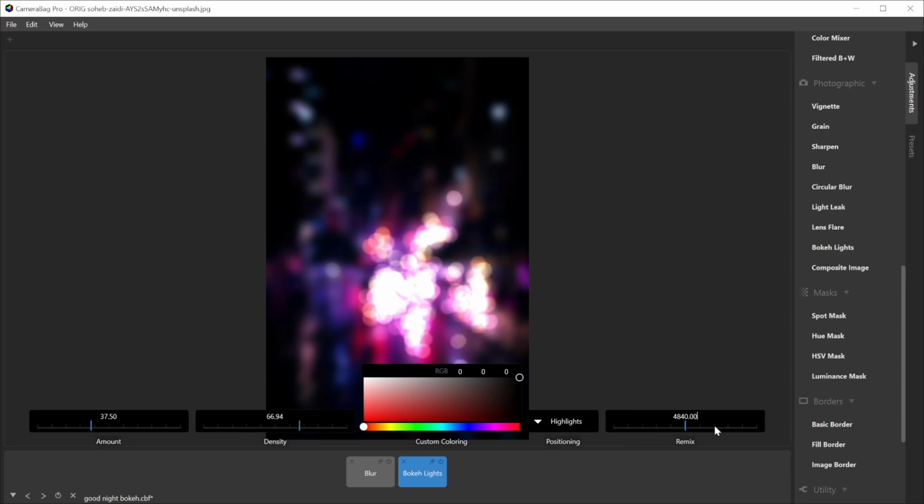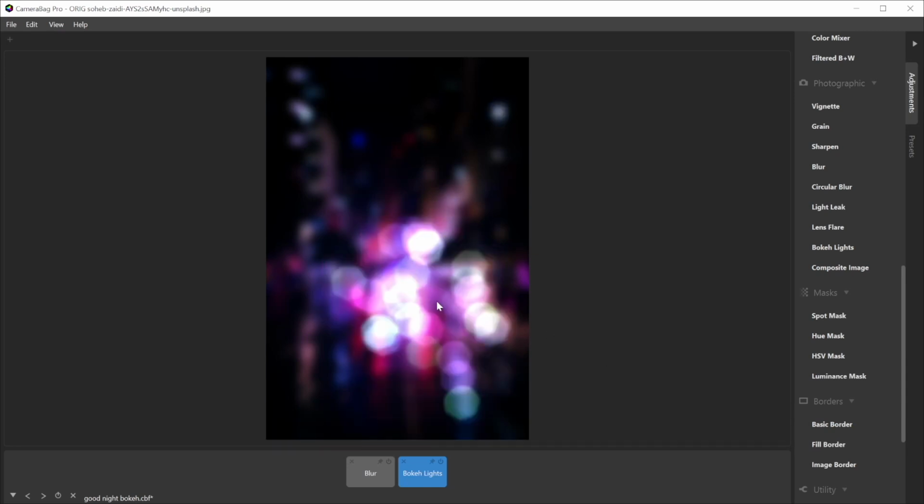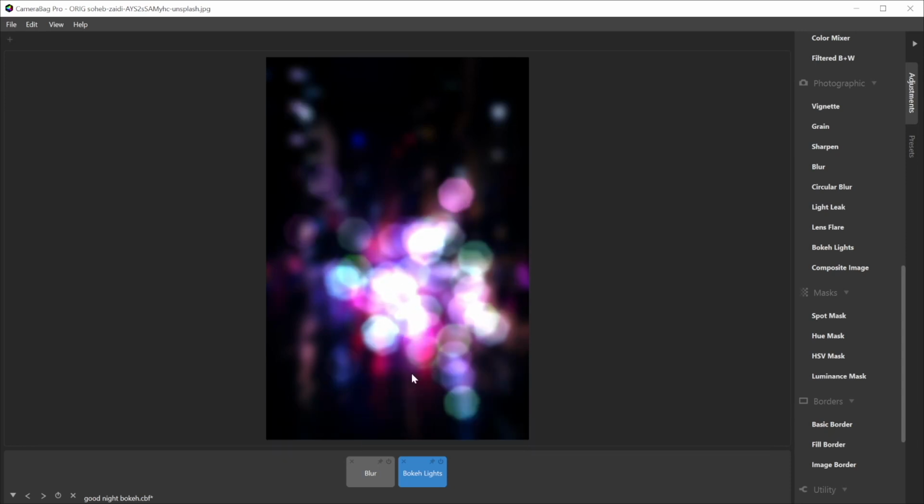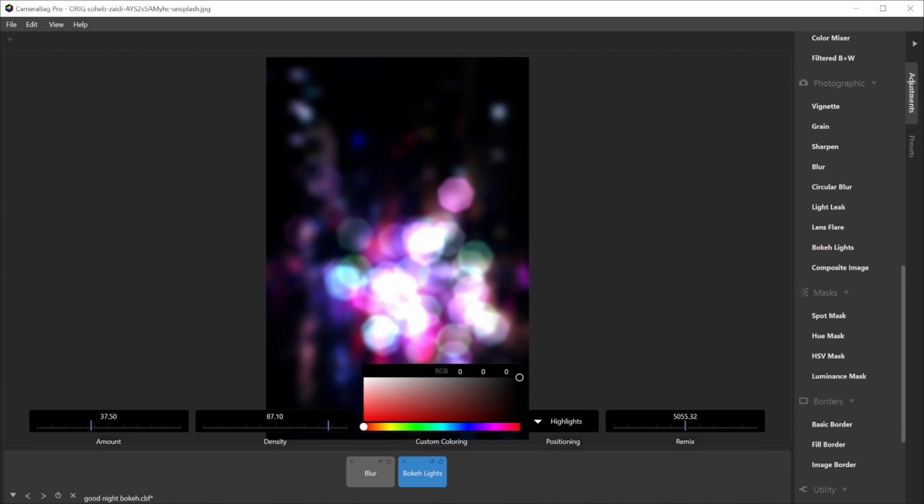But what I like to do generally is just choose somewhere on this slider to click. And then I just click until I find one that looks pretty good, and then tweak it as needed. This one you can see has all sorts of colors in it, which is kind of what this city shot has. But again, if I decide I want to pull them all towards pink or purple or whatever,